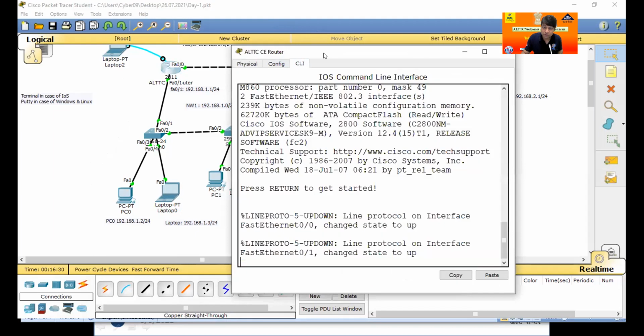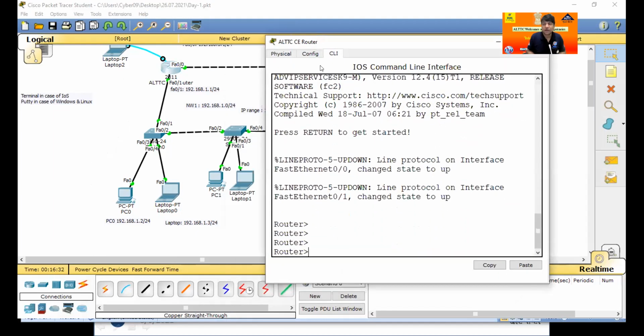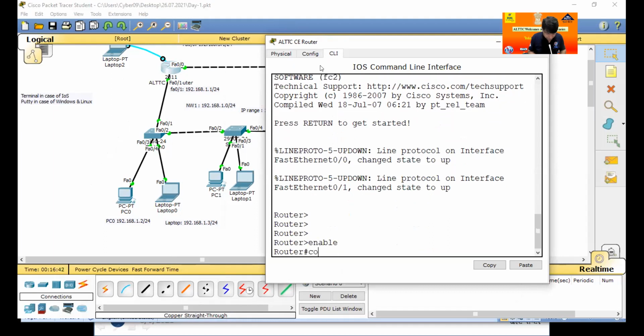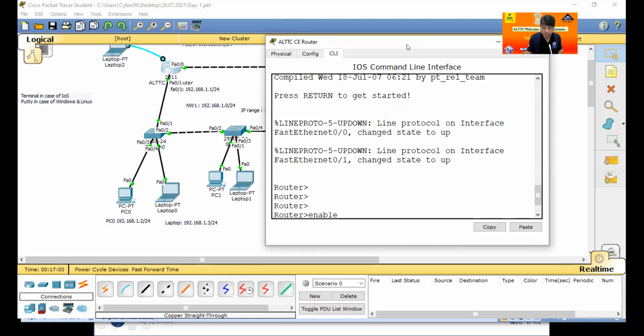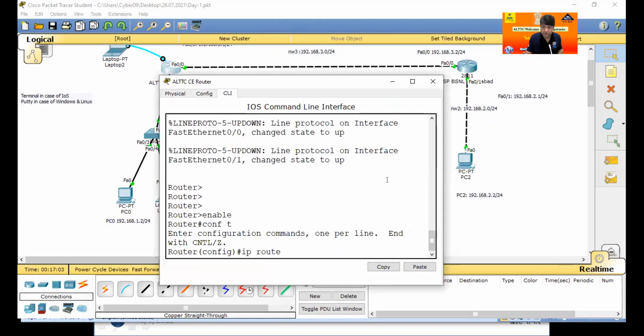go to the CLI mode. For any type of instruction or configuration, we go into the configuration mode. So enable, conf. Now I am ready for any type of configuration. For the IP allotment, IP, go to the interface. Now here I give the instruction to this router: IP route. I give the instruction on the ELTTC router. Go for which network? This network,